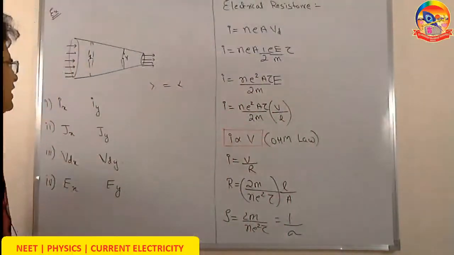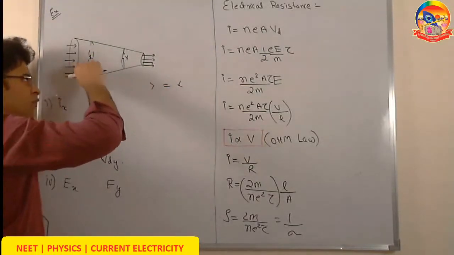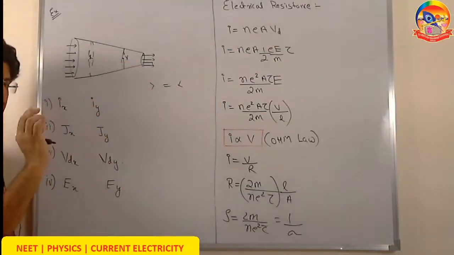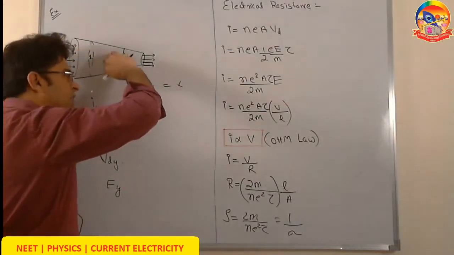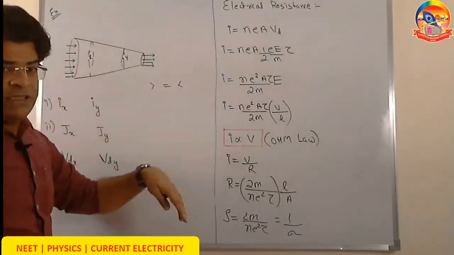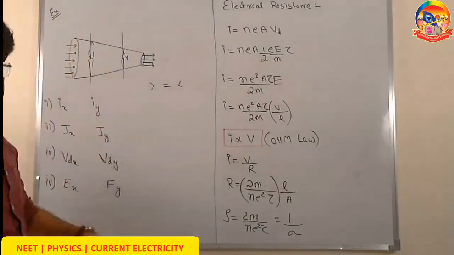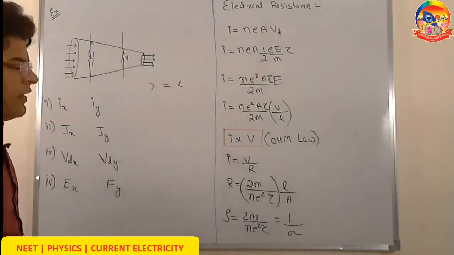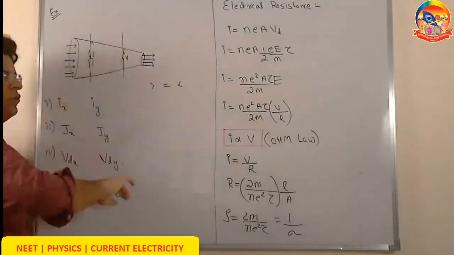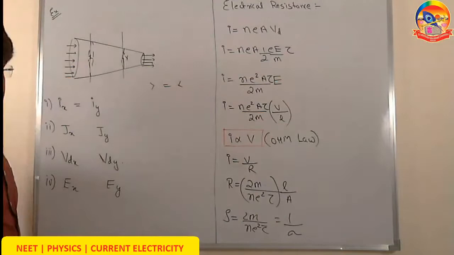Okay, but think that if at x the current is more, it means that the rate of flow of charge here is more and the rate of flow of charge there is less. It means that per unit time more charge enters and less charge exits. If more charge enters and less charge exits, then this part between x and y will keep on getting charged, right? And that can't happen. That is why the rate of flow of charge in must be equal to the rate of flow of charge out, just like the equation of continuity. So we say that the current at x has to be equal to the current at y.